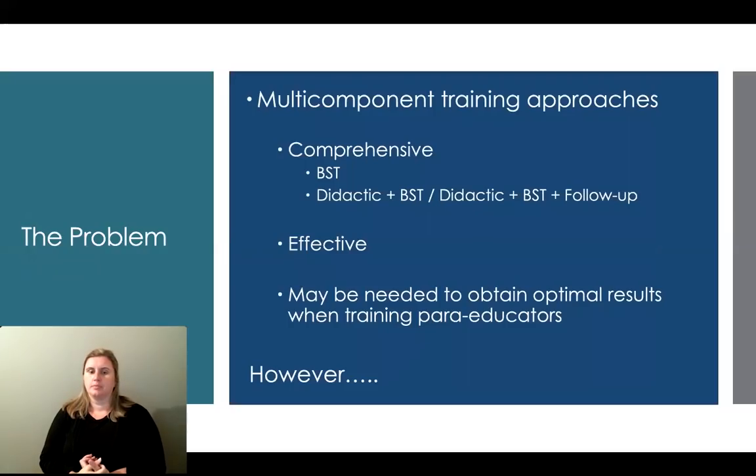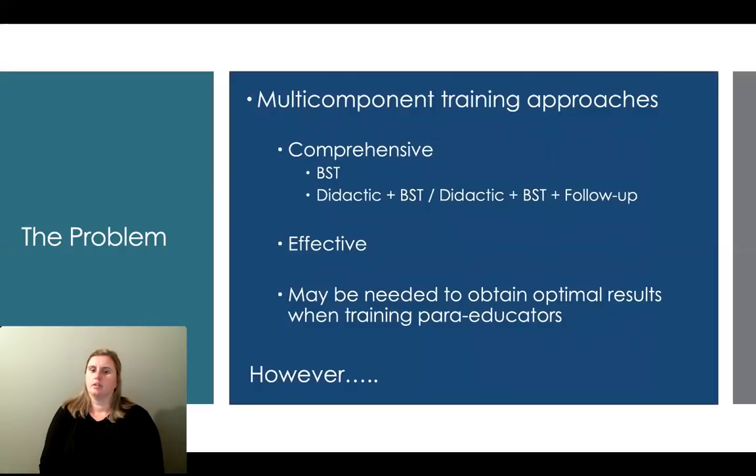So basically what we have seen so far is that the main method of training of our paraeducators is something that could be considered a strategy that has been shown to be not effective, as is the case of didactic training, since it doesn't focus on the development or acquisition of skills, rather it focuses on simply information being provided to develop concepts.